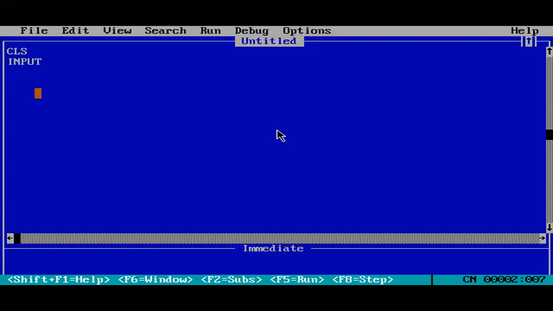What is INPUT? If you say INPUT A, then INPUT B, PRINT A plus B, what is going on here is that you have INPUT A and INPUT B, then you're printing A plus B. So when you press F5, it'll show a question mark.